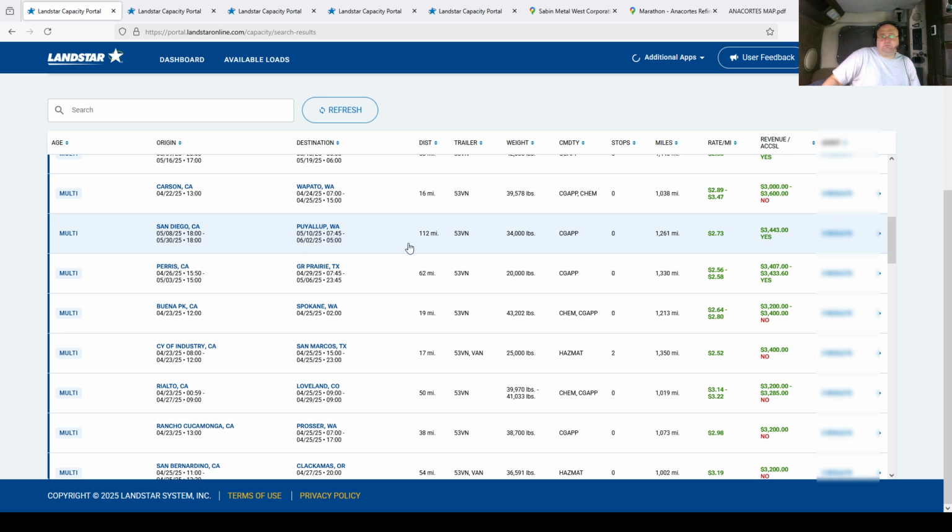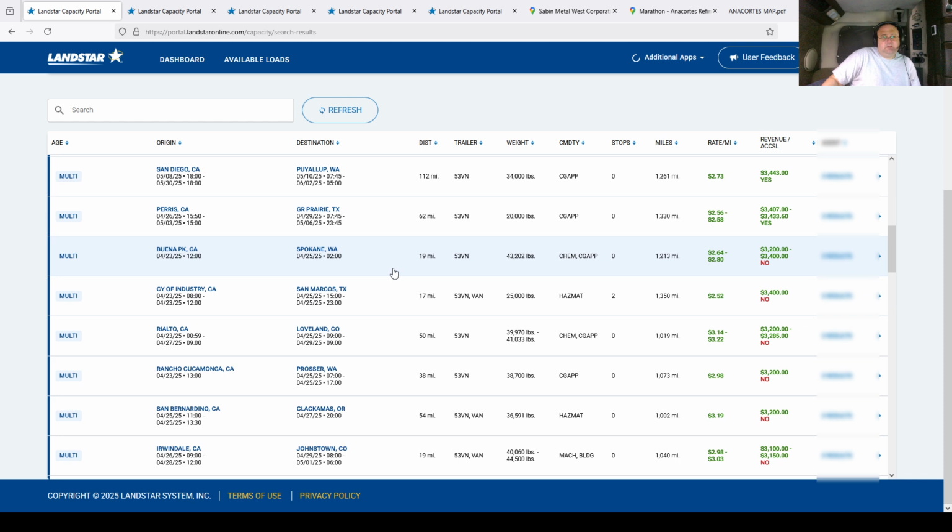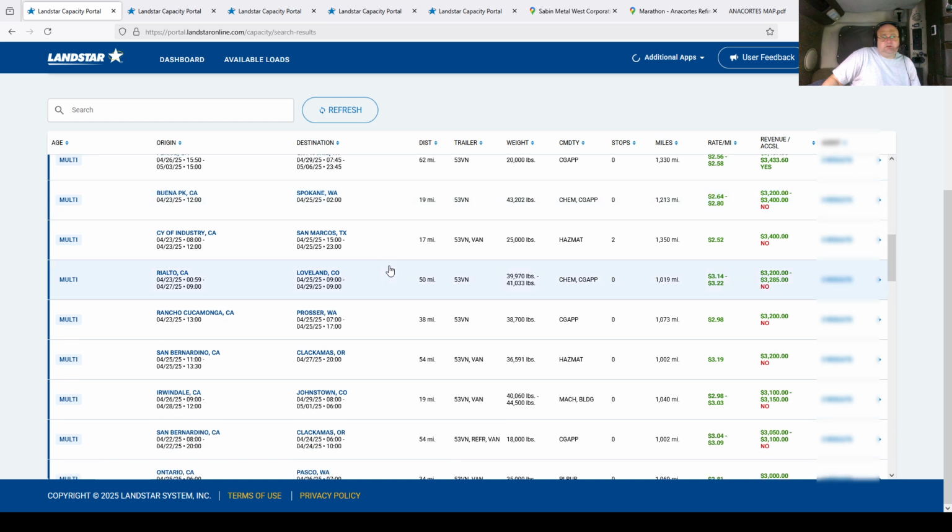San Diego to Puyallup, Washington. Puyallup? I don't know. Words. $2.70 a mile. Paris, California to Grand Prairie, Texas, which is Dallas. $2.56, $2.57 a mile. Yeah, all these loads are